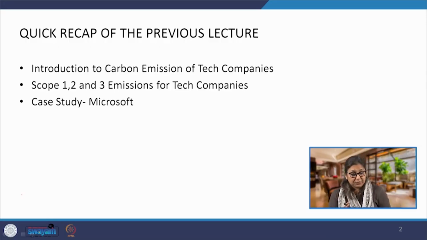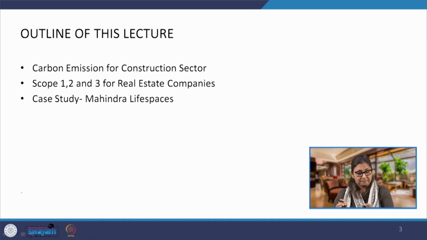Quickly looking at the previous lecture, we looked at the tech companies, the IT sector companies, and we understood their scope 1, 2 and 3 emissions, and we also looked at the case study of Microsoft, where it has clearly identified the role of making energy efficient buildings in reducing GHG emissions. Today we are going to look at the carbon emissions for the construction sector at large, and then we will look at scope 1, 2 and 3 for real estate companies, and then we will look at the case study for